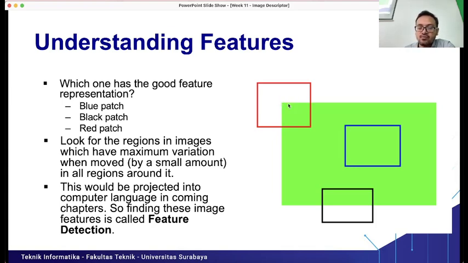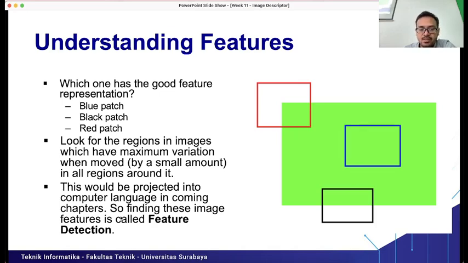It means if we move to the left, to the right, up and down, it will have a significant pixel value change. So that's why the red rectangle area and black rectangle area represent good features. Look for the region in images which has maximum variation when moved by a small amount in all directions around it, and this will be projected into computer language in coming chapters.